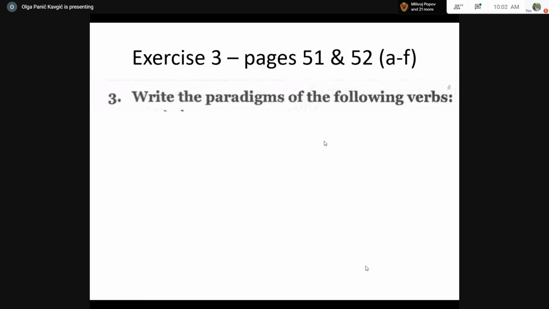Why is this important? First of all, it's important for your test when you are given, and you will be given, a very long task with 12 verbs to list the verbal paradigm of each verb. It's important because it's not only the 3 forms that you have to list now, the 3 that you used to list, prva, druga, treća kolona. Actually, each and every verb is fully defined by its 5 forms and not 3 forms.